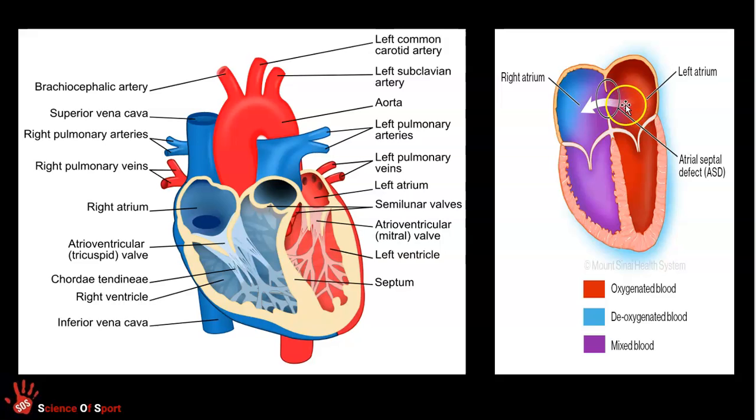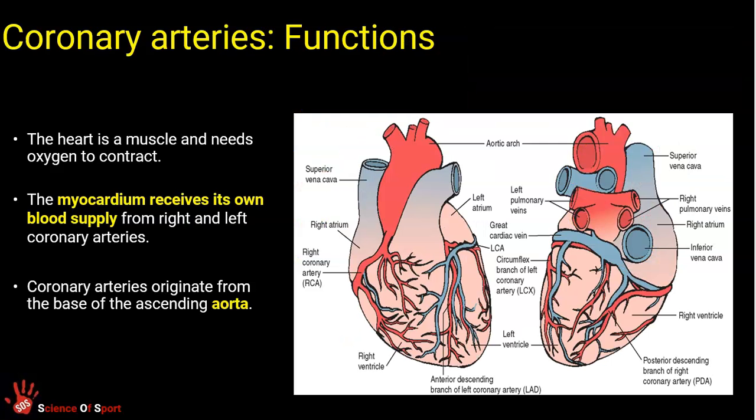Sometimes babies are born with a hole in the heart, and this again is problematic, and this is corrected with surgery because we don't want that oxygenated and deoxygenated blood mixing, just to show that as an explanation of the role of this septum, dividing the oxygenated and the deoxygenated blood. Okay, so I think this is the last bit of anatomy you might need to appreciate, and this is more external to the heart. So I think I mentioned earlier on, the heart is a muscle, and to work it needs a supply of oxygen,